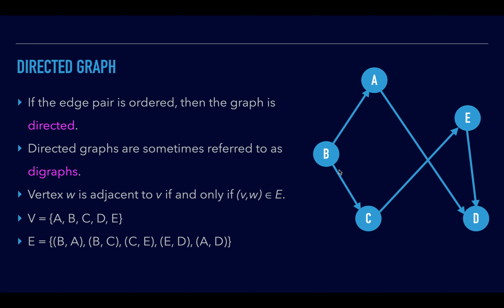That is one aspect that you need to keep in mind when you talk about the idea of a directed graph. And then again, if you look at CE, the edge is from C to E, not from E to C. If it is from E to C, I should have written it as E comma C. And directed graphs are also called digraphs. That is another terminology used for directed graphs.